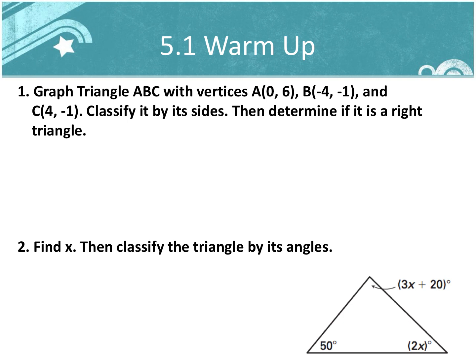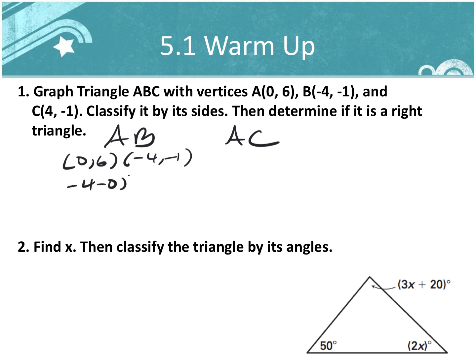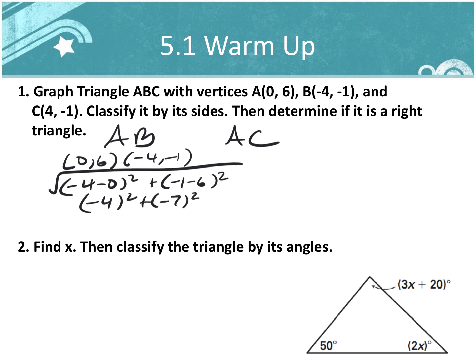So let me go ahead and graph this. I'm going to graph it on the next slide. So I'm going to calculate the distance of AB and AC. So I'm using the ordered pair 0, 6, -4, -1. I'm going to plug it into the distance formula. So -4 minus 0 squared plus -1 minus 6 squared. I get -4 squared plus -7 squared, which gives me 16 plus 49, which gives me the square root of